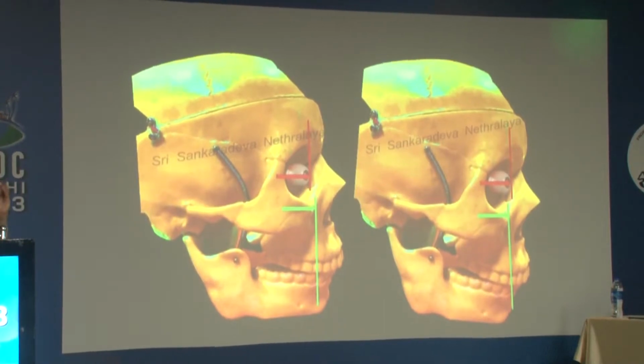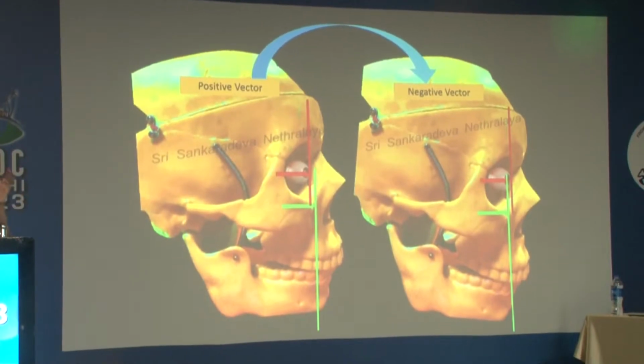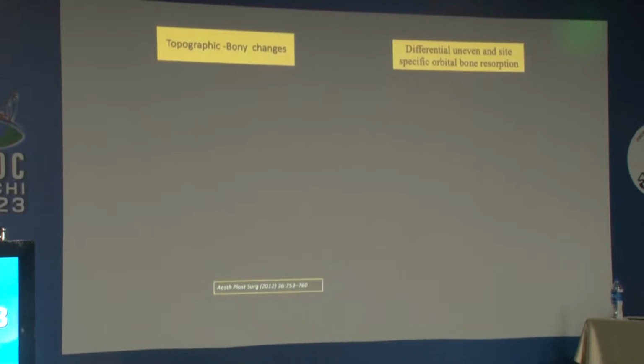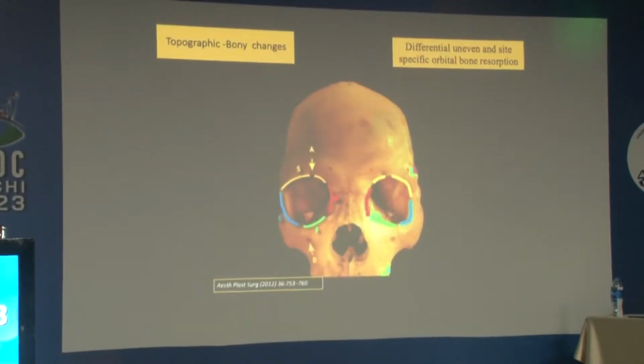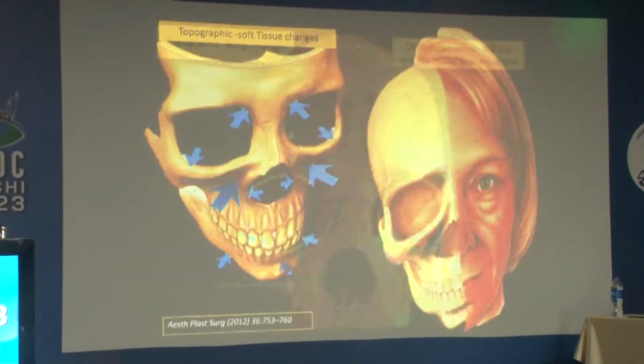And because of this soft tissue and bony change, we see the conversion of this positive vector that we have to the face, where the malar eminence lies much anterior to the plane of the corneal plane, and this gets converted into a negative vector because of the resorption of the bone, and this is what we call a negative vector. So the whole positivity, the young look, changes into a little elderly look because of the differential, uneven and site-specific bone changes that we see, where the pyramid becomes more squarish as we age,